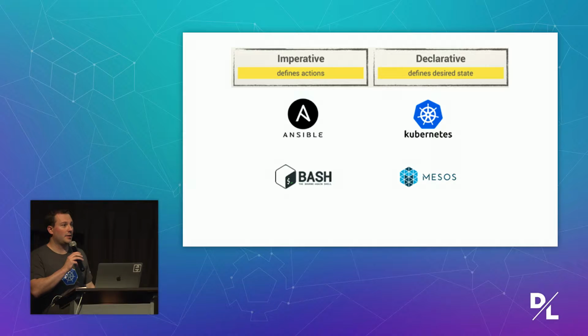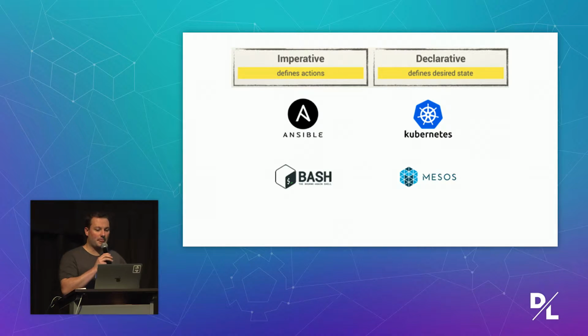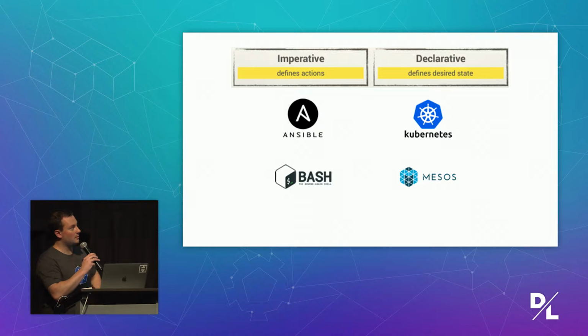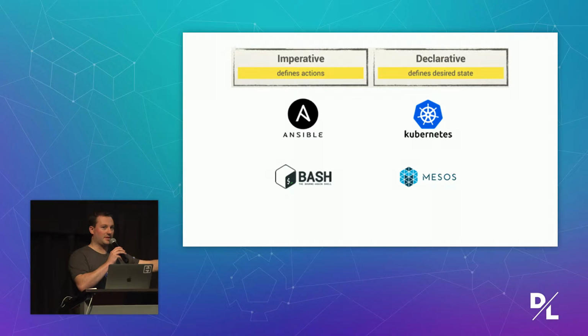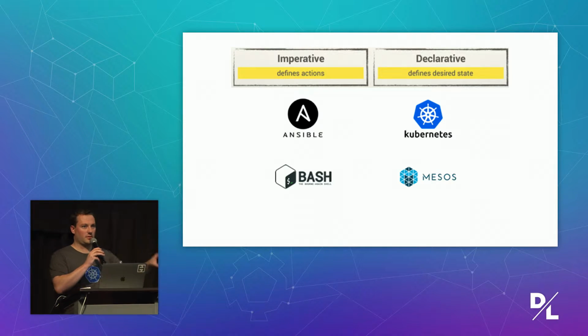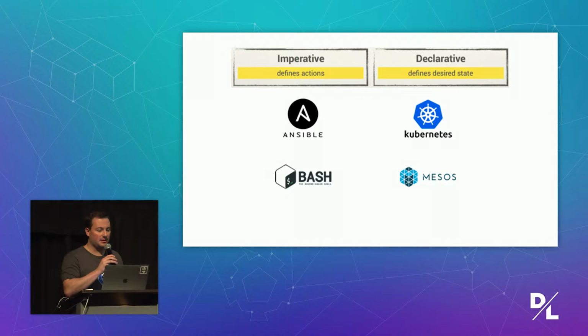If you already have something, a configuration management tool like Ansible, Chef, or even good old Bash, they all have APIs and systems for you to launch and run containers in your infrastructure. The problem with these tools is that they're imperative. You, the developer, or you, the operations person, have to say, okay, run this container, and then when it's up, I want you to mount this volume, and then when that's up, I want you to start up this other container, and when that's running, I want you to connect it to the first one. If one of those actions fails, for example, there's not enough resources to launch that second process, then your whole script bails, and then you get paged. And getting paged is not fun.